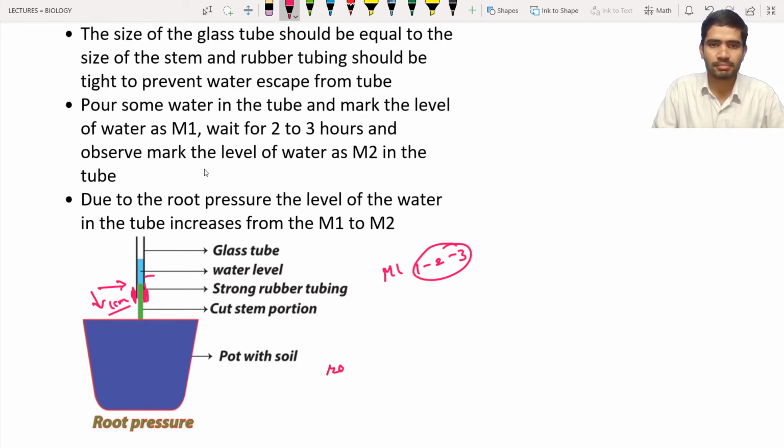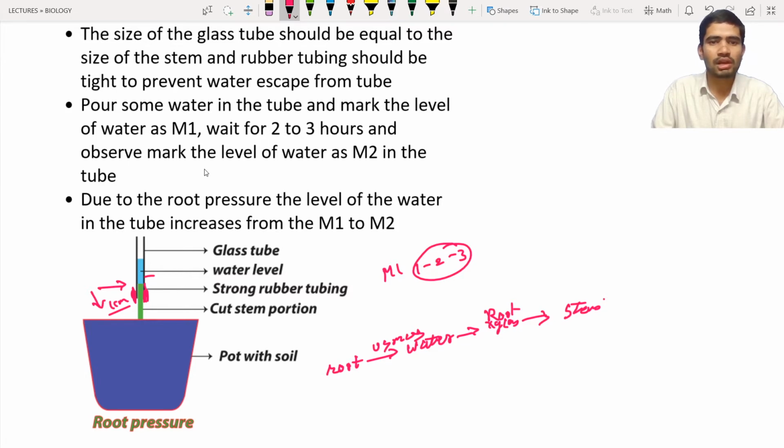The root hairs, as we have seen in the previous lesson, are going to absorb the water. What is that process? That process is known as osmosis. With the help of osmosis, the roots absorb the water, and this absorbed water will be sent to the xylem vessels of the roots. These xylem vessels accept the water from the roots, and this water will be sent to the stem. This is the process that we have discussed in the previous lecture.